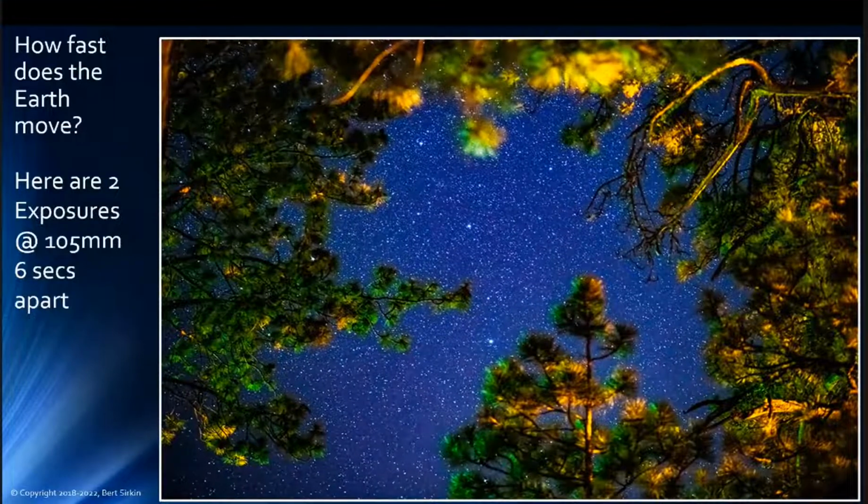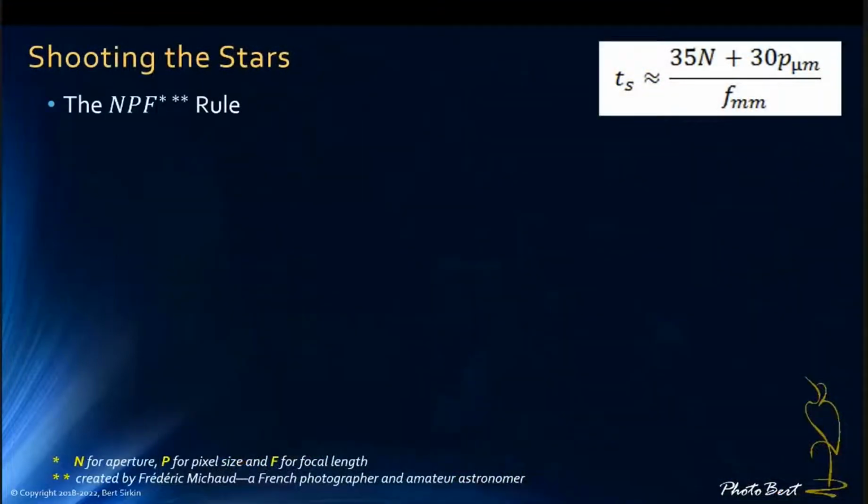Had I shot it with a wider angle, we wouldn't have seen as much movement because it still moved, but with the wider angle, each star is much, much smaller and you don't see the movement as much. So the stars actually appear to move quite a bit during the night in between different exposures. So the method that does work